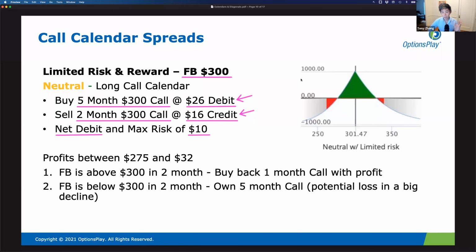Okay, so the interesting thing about a calendar spread is that despite the fact that it has a risk profile very similar to a short straddle, it's actually traded at a debit. And what's interesting about a calendar spread is that the max risk is the debit of the calendar spread. So what this achieves is a risk profile very, very similar to